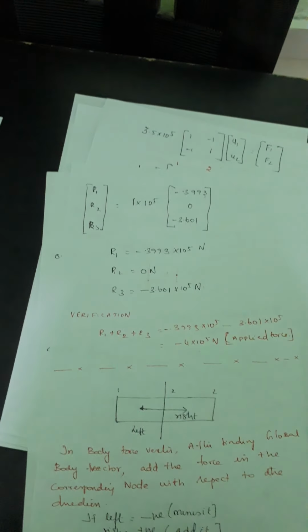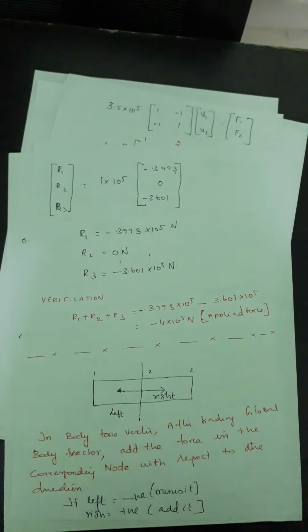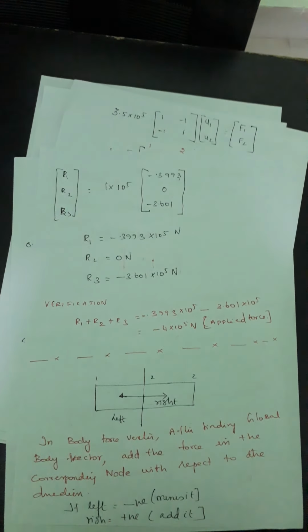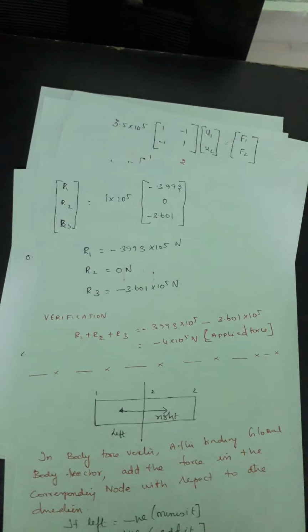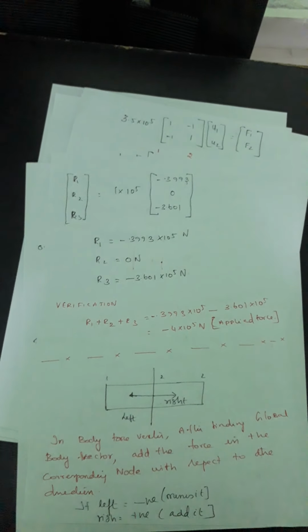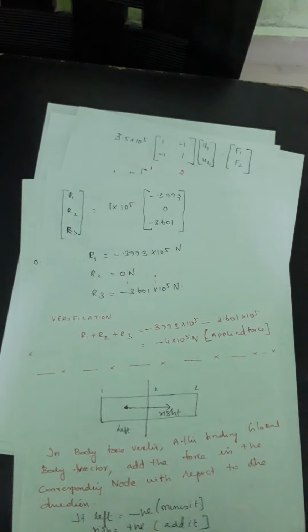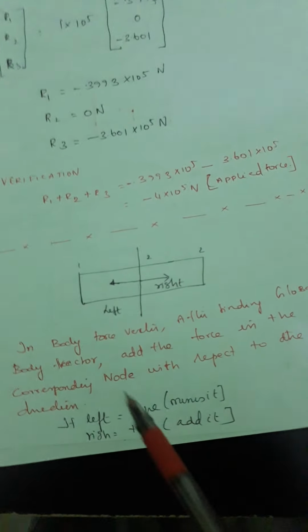Now in this problem you have to concentrate on what? Body force and the thermal stresses, EA alpha delta T. You have to take that formula out. While calculating stresses, it is the stress due to load minus the thermal stresses. You have to look into the problem and see whether the thermal coefficient of expansion differs if there is a different material. If there is a single material, there will be only one coefficient of thermal expansion. If there are two materials, there will be two coefficients of thermal expansion. And this I have simply written for the body force vector.